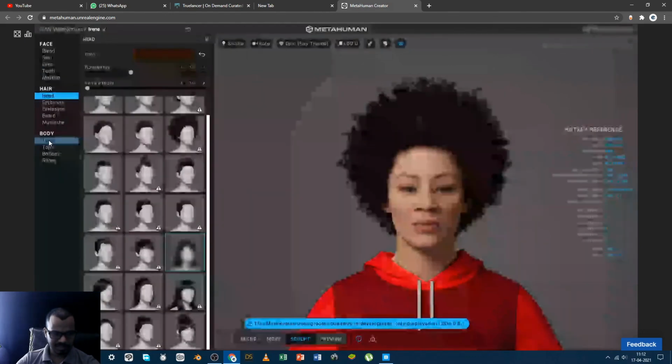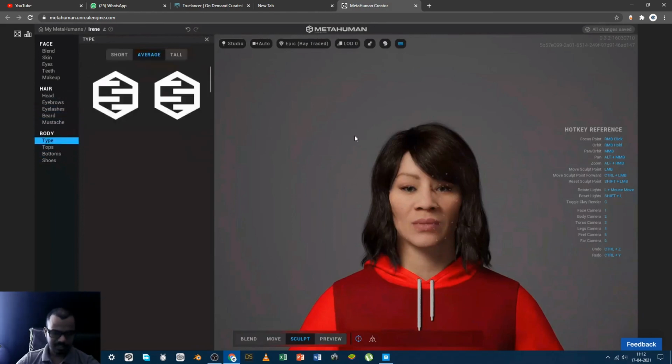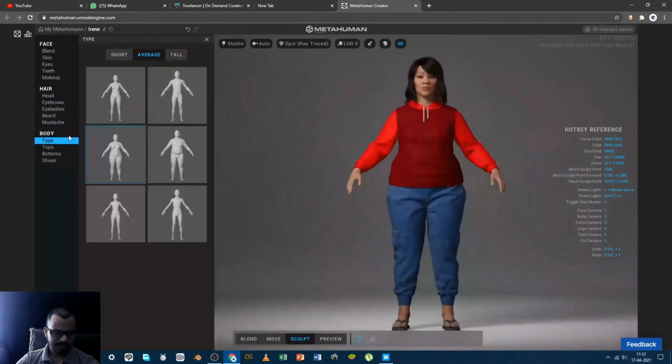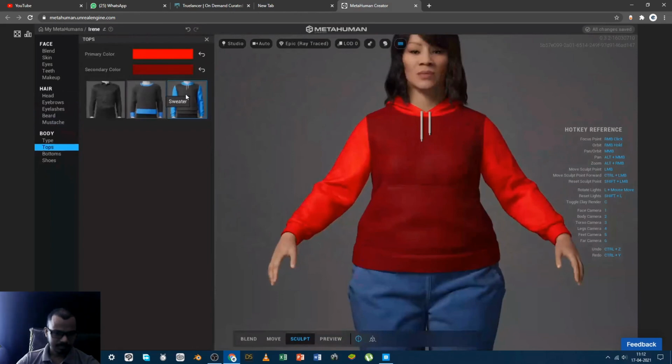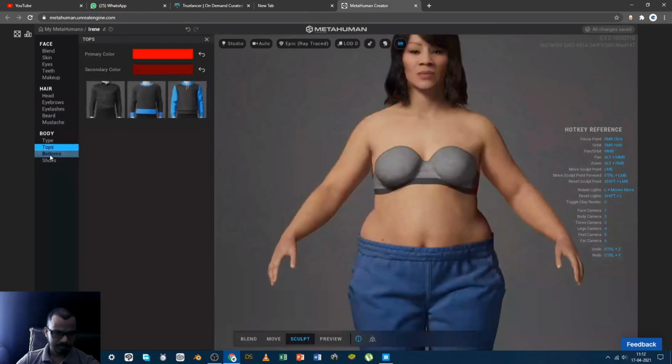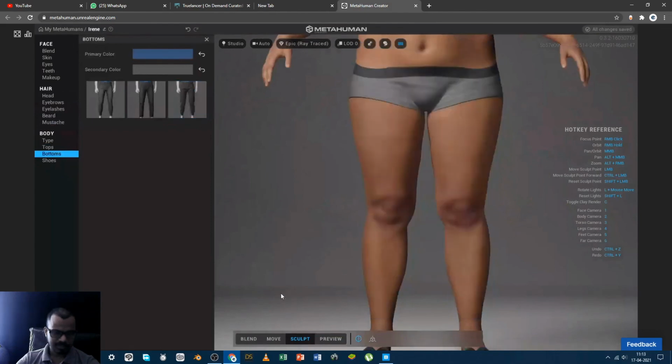The only thing I missed, two things I missed very much, is the limitation of face sculpting, and only face sculpting. You cannot change the body type.